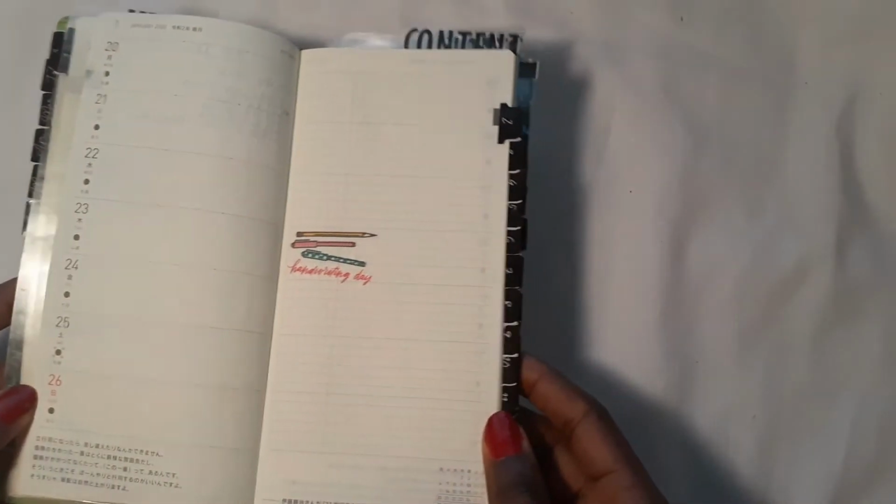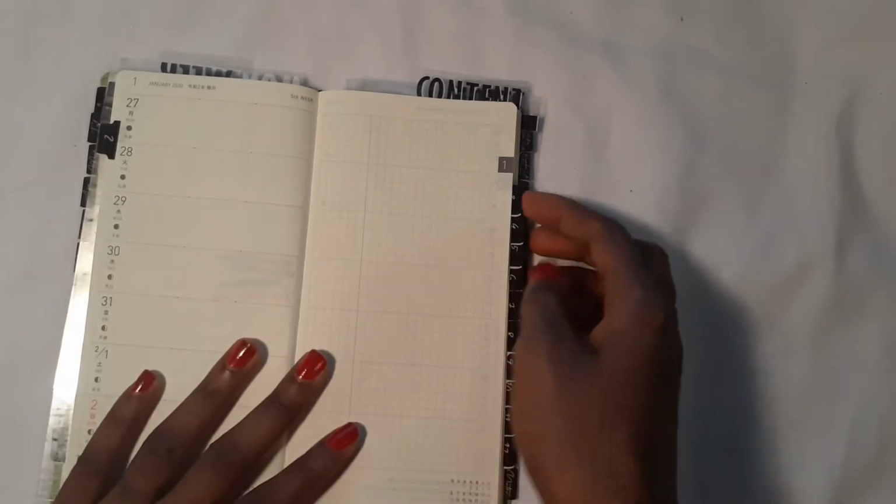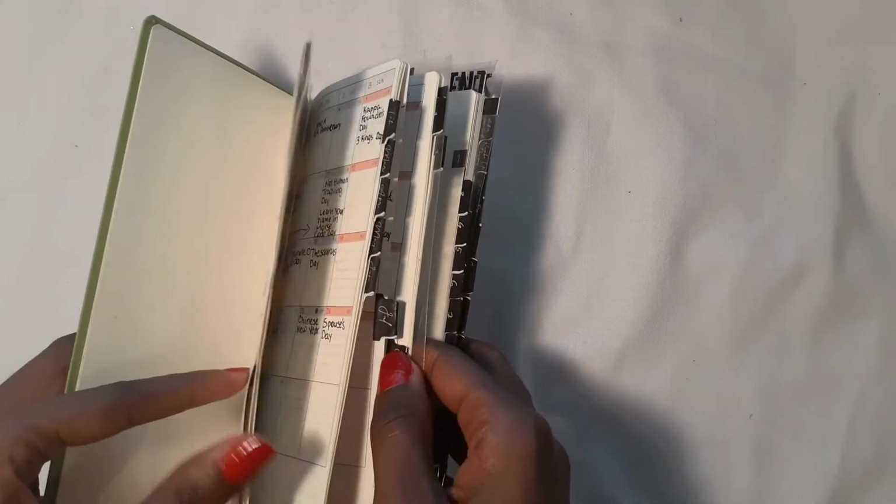It doesn't just have to be product related. So there's that, and that's all that I have there. So where the fun part comes in, and these tabs I made along with these